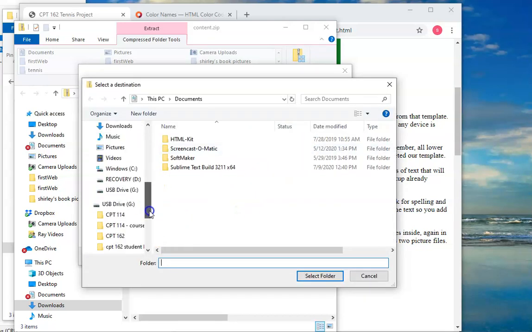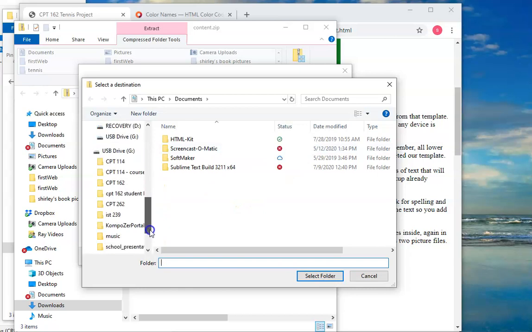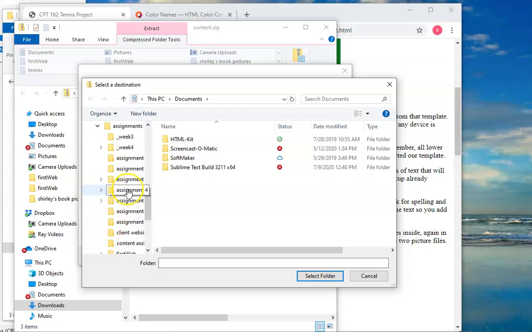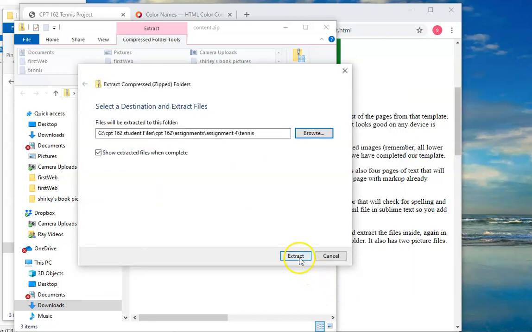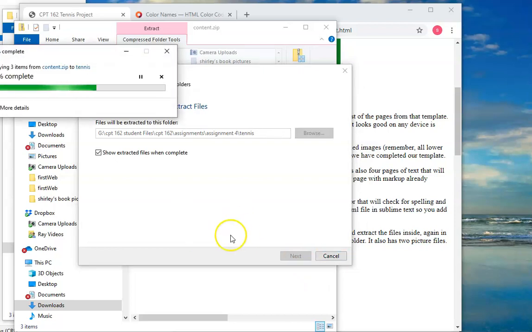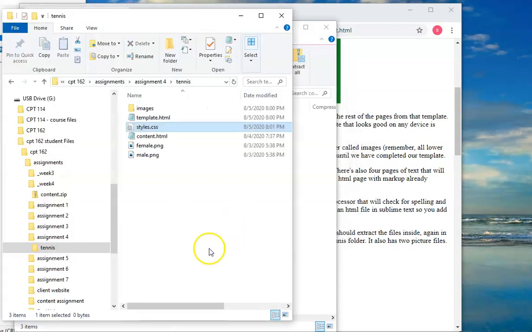So I'm going to navigate to my 162 student, 162 assignments, assignment 4, and there's my tennis folder. That's where I want this to be sent. So now I'm going to tell it to select that folder and extract all the files. So it's extracting those files,